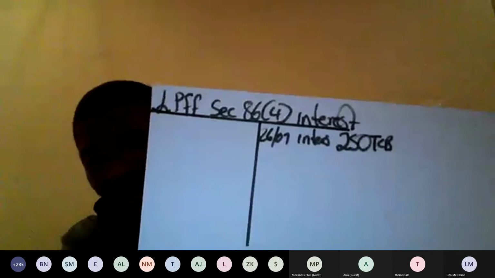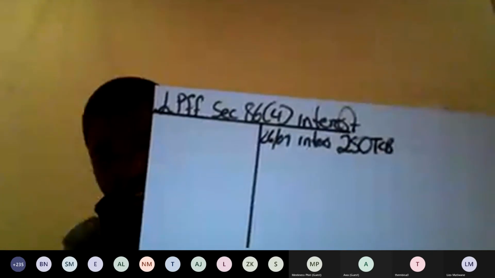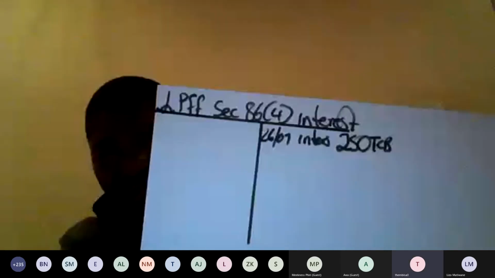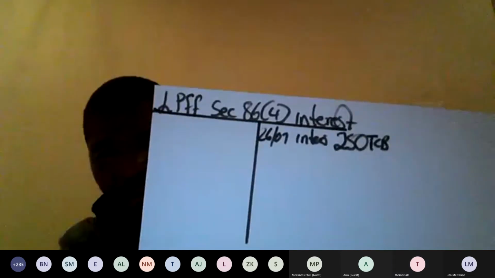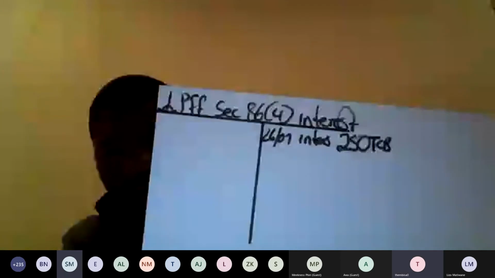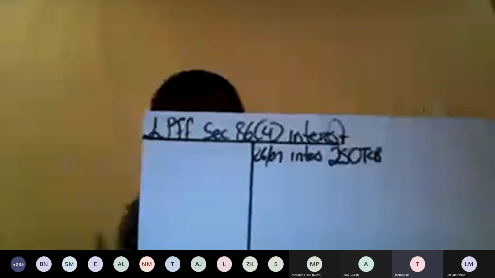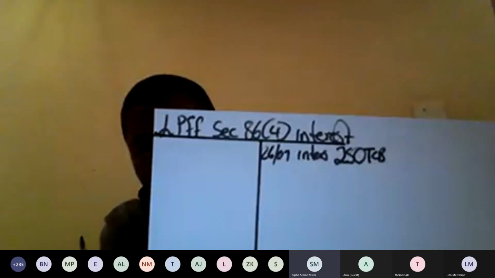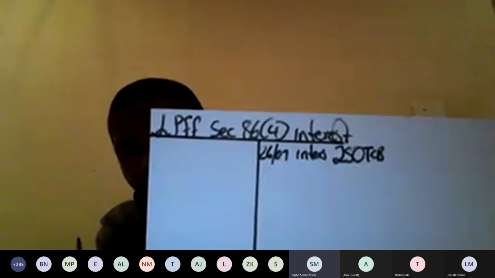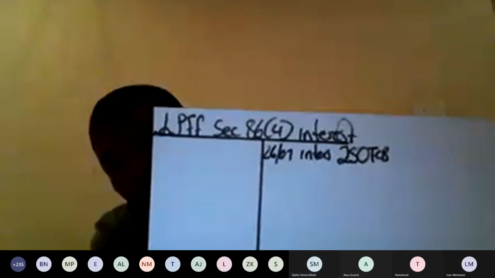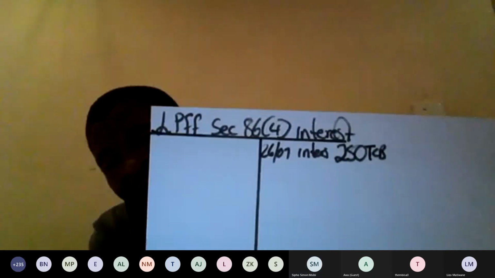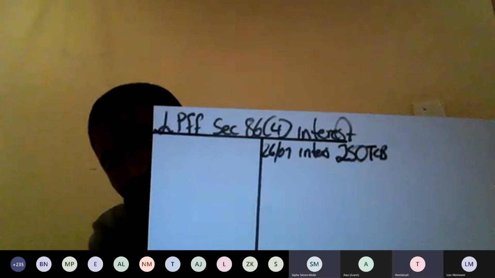Now you open the section 86.4 interest account on behalf of the Legal Practice Council, and then you credit that amount there. Why don't you debit it, advocate? Because we are not paying it. When you debit, you are saying I am paying. And if you debit that ledger, it's going to reflect a debit balance, and it cannot reflect a debit